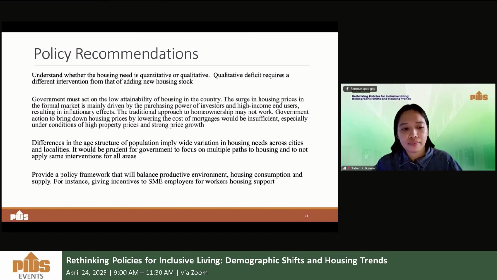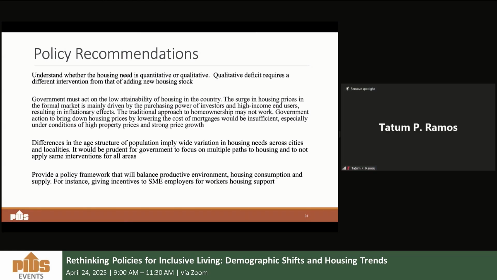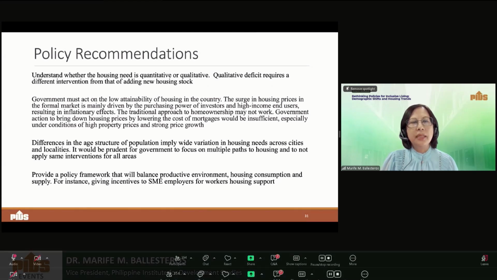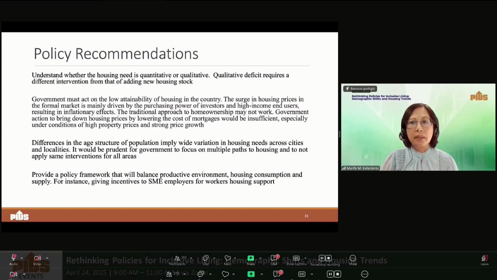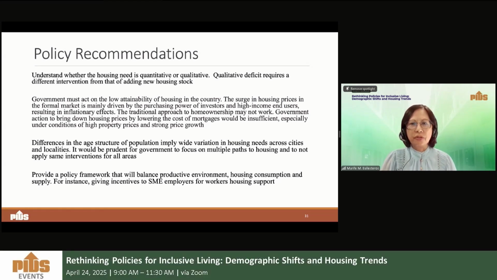Thank you, Tatum. Yes, this is just the last two slides for us. I think aside from the fact that multi extended households offer resource sharing, which is the positive or the benefits part of it, the other side is that even aside from it being based on constrained decision making, it has also led to a deficit of space and problems of congestion. Okay, so what is our policy recommendation? This is for the two studies because they are related.